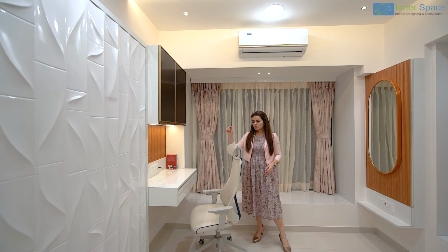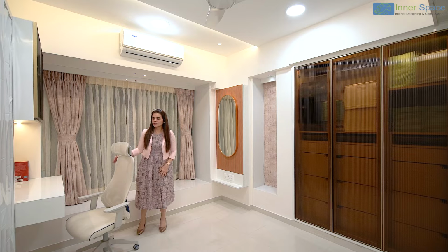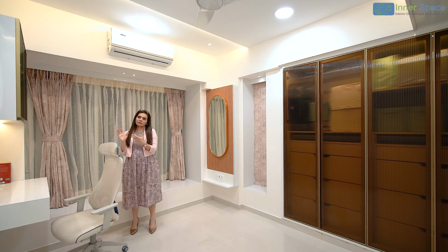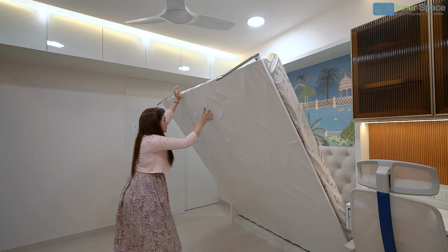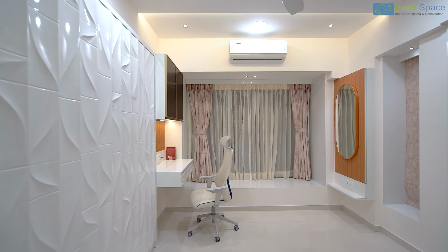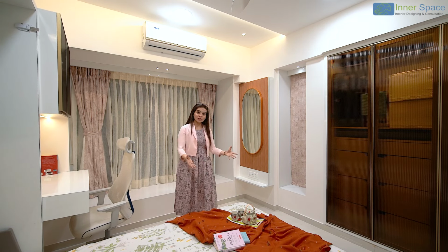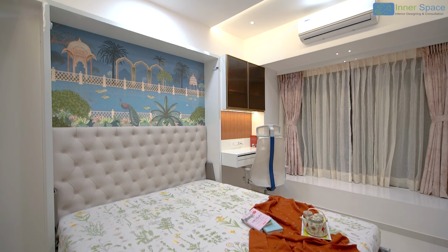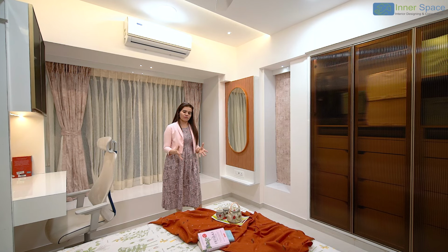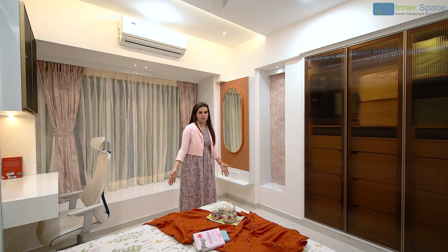head of the family. So this is basically his room, where during the day it's his working room as well, it's his office basically, so that's why the working table and the entire setup has been done. So the folding bed, the Murphy bed, once it goes inside, then you have ample space for him to move around. As you can see, now the Murphy bed is open, and it's looking so beautiful, like a complete room, and if somebody doesn't know, they wouldn't know that it's a folding bed, and you will get ample space